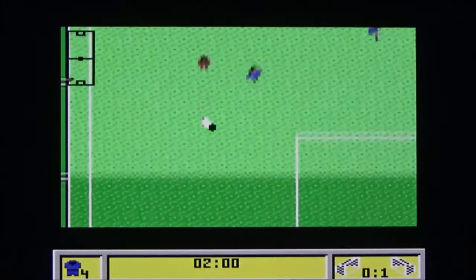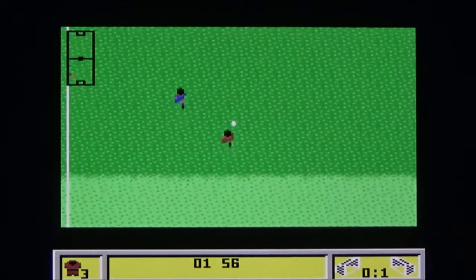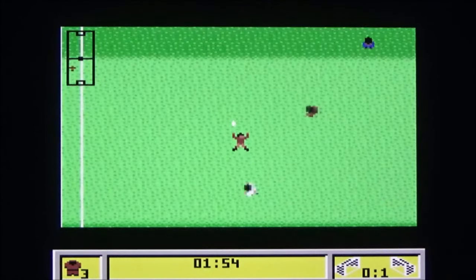Why can I not catch up with the ball? And again, how do you change direction or kick it in a different direction? Don't bother telling me. Don't care. But yeah, for all its faults, resolution being the biggest one and the size of the screen I should say, it's Kickoff. So like I said, if this was...